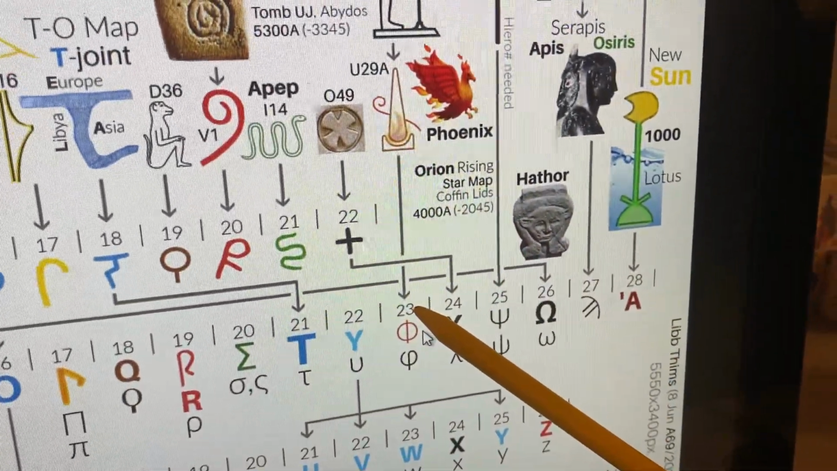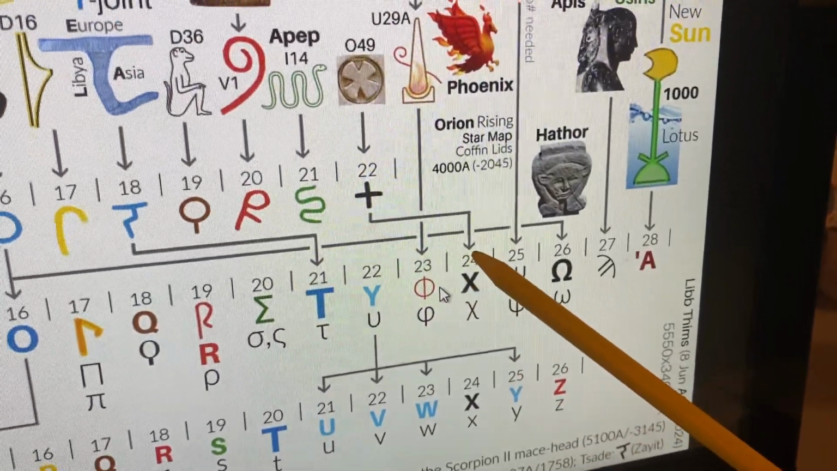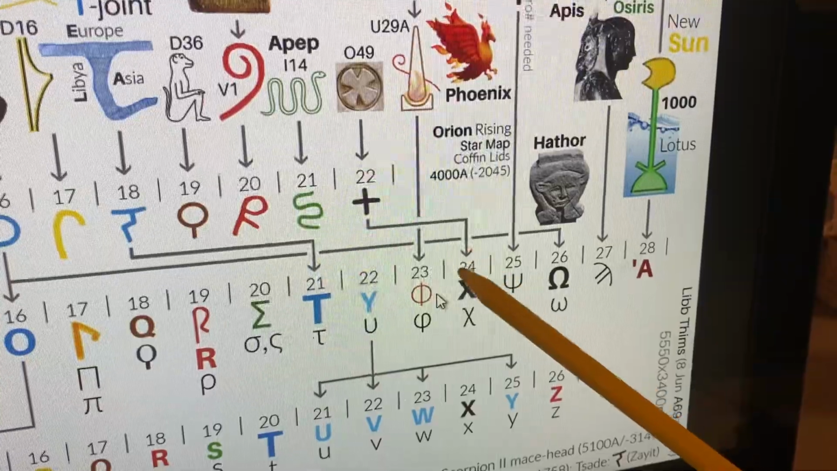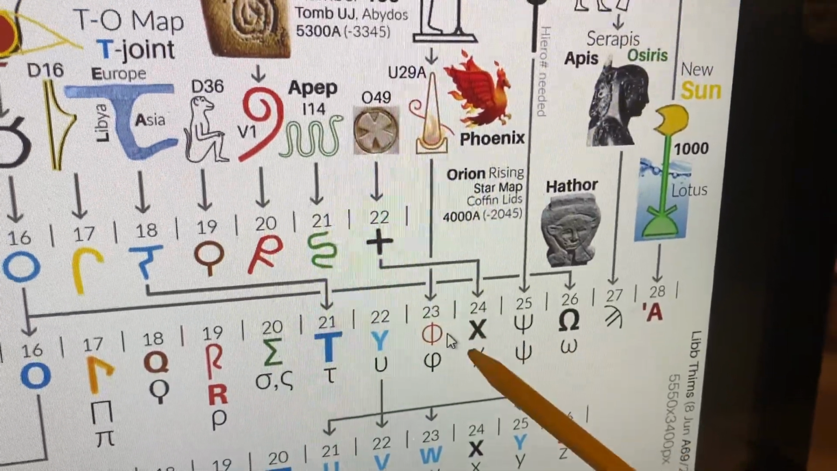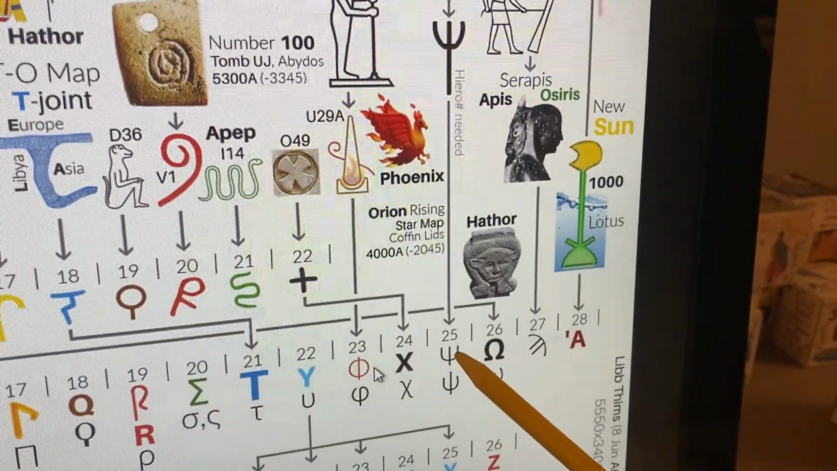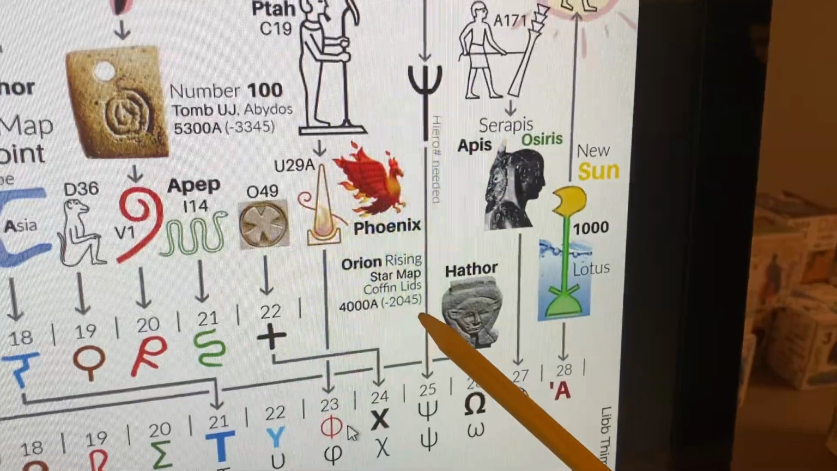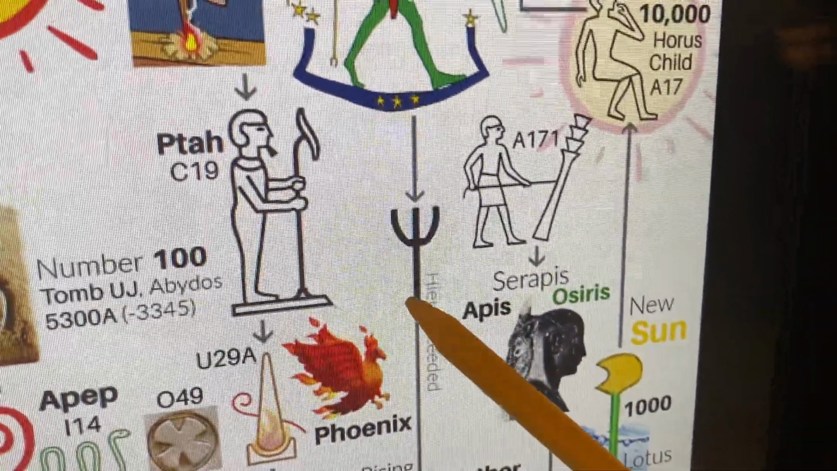23rd Greek letter, phi. 24th letter is chi. It comes from the Phoenician chi. 25th letter is psi, and there's no hiero type number for this yet, but if you look